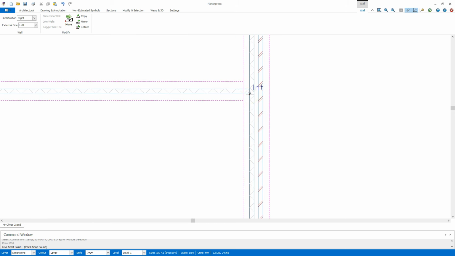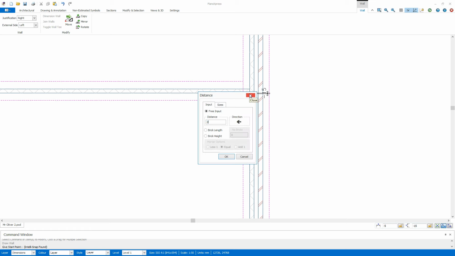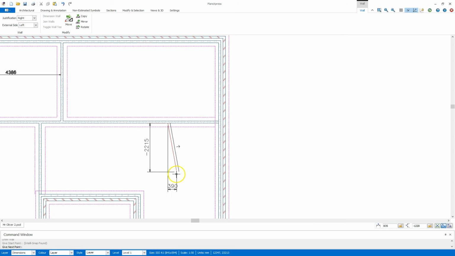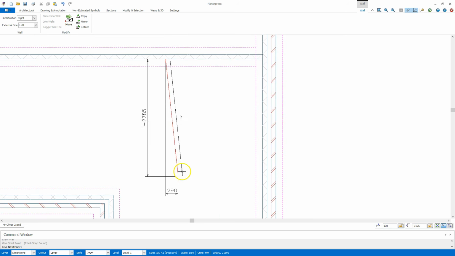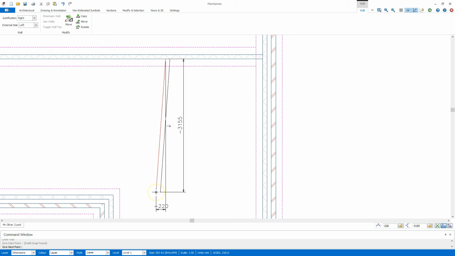If I hover over that corner, press the R key, I'm going to go left 2224, click OK or press enter. Once again, now I've got that line there, so what I'm going to do is press